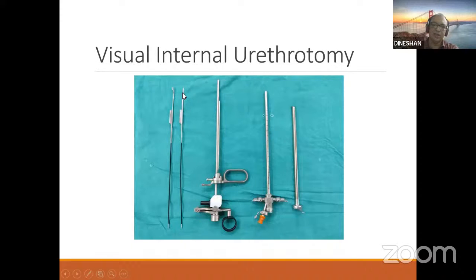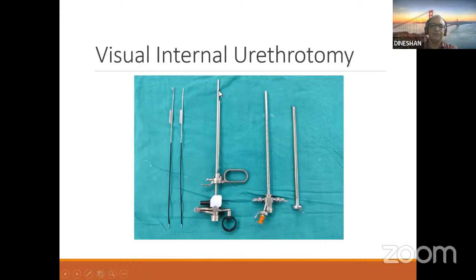You advance the knife by the working element through the narrow lumen, depress this part so that the tip is elevated, and then release, so that the stricture will be cut.